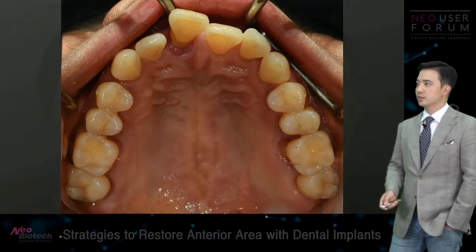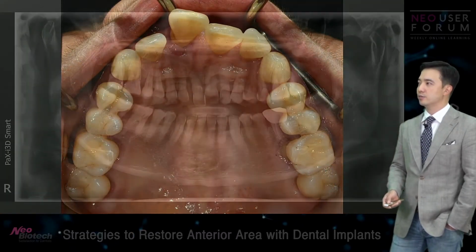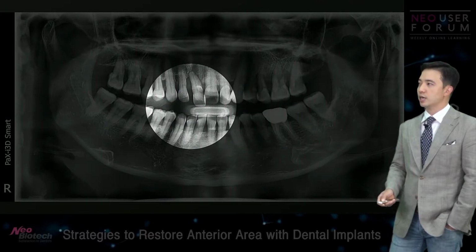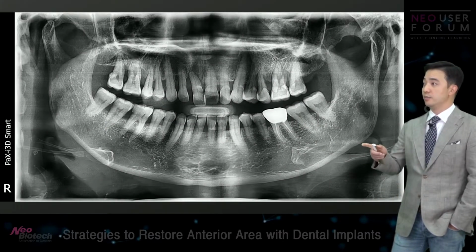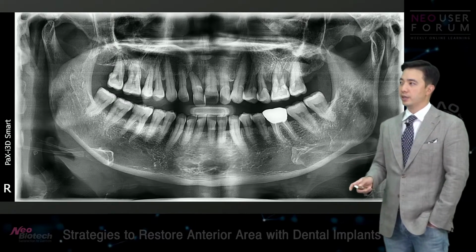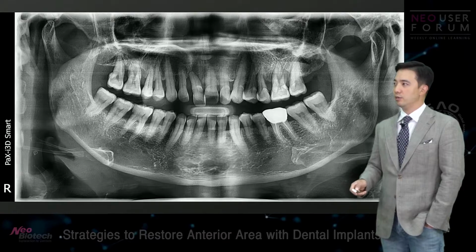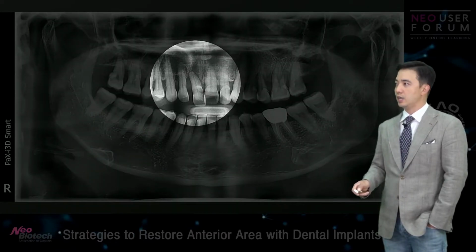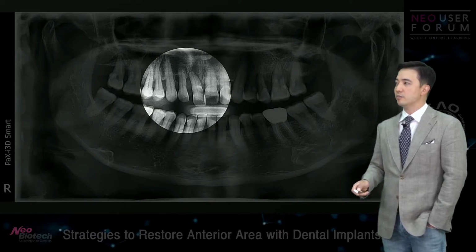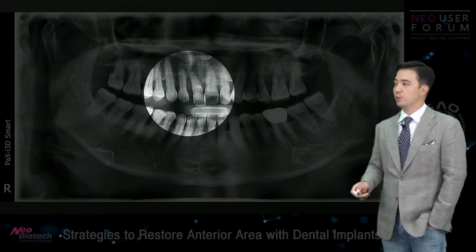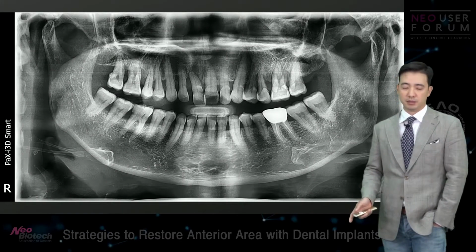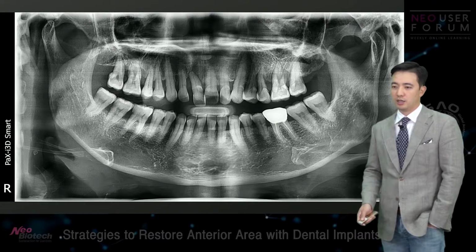Well, the perio was really, really compromised. The only thing we could do was to just extract it. But as you can see, the bone level at the distal of number 11 was really, really low. And look at the marginal bone level on the mesial aspect of number 12. It's also very low. So if you were to go ahead and place an implant in that kind of condition, you'd end